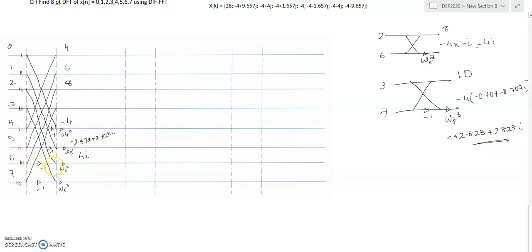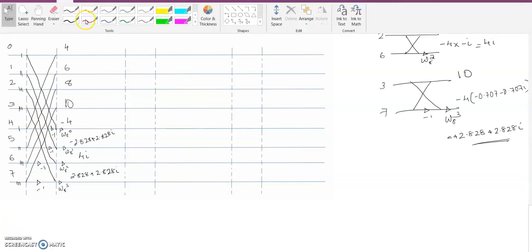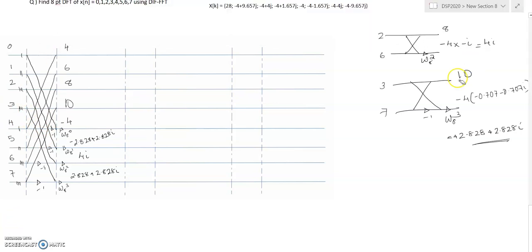So we can write it over here. So this will be 2.828 plus 2.828i. So that completes stage 1 of the operation. Moving on, we'll do stage 2, and for that we are clearing off this